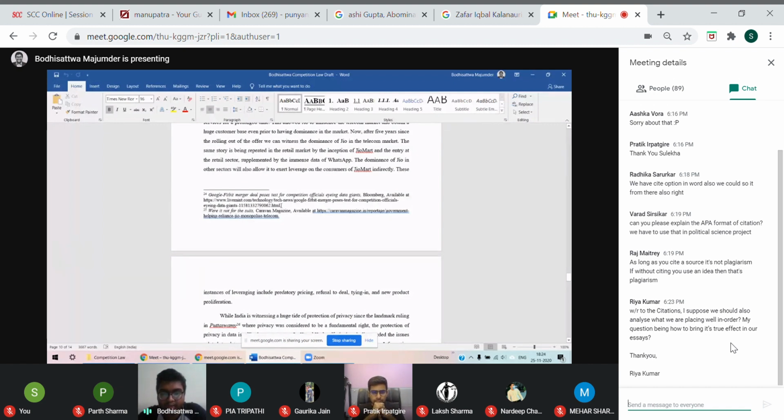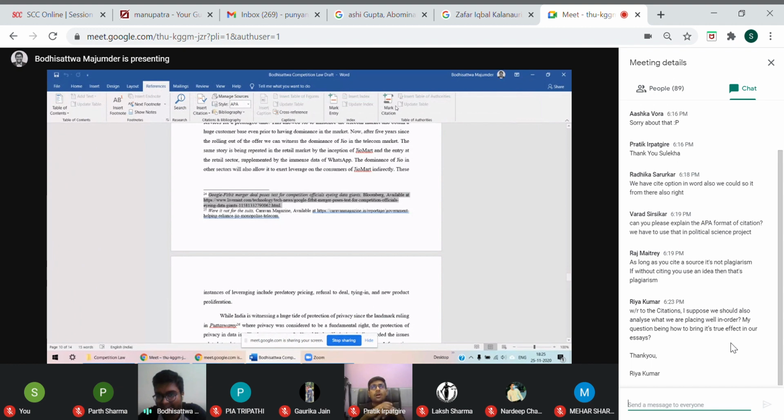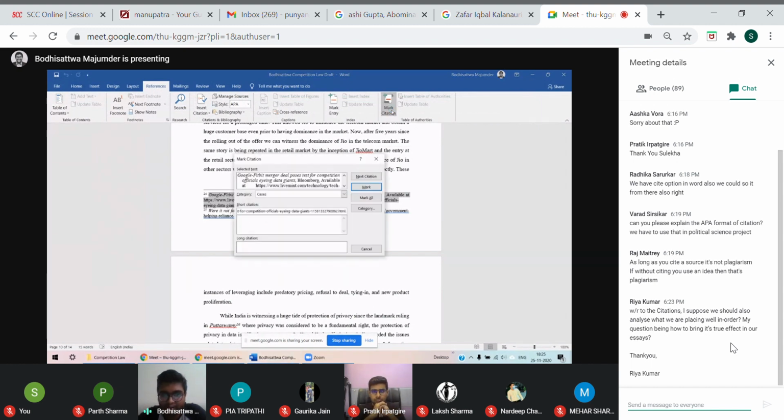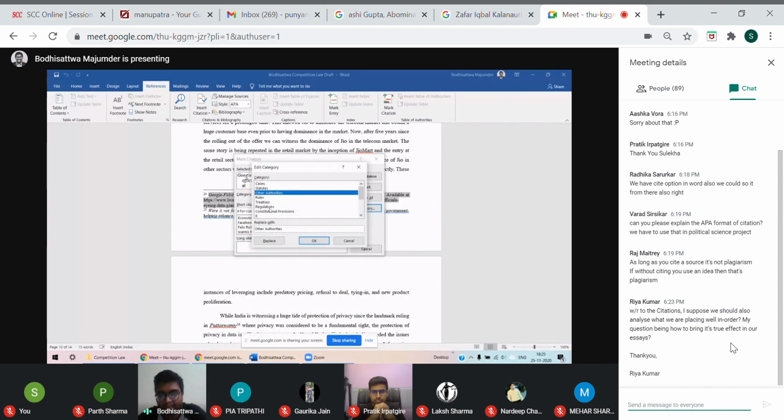So once you have written a citation, you select it, you go again to references, and you see there is a mark citation button, right? So you click this and you have a category of cases. These are the various heads of the bibliography. Some of these I have modified. You have to go to category and rename all this.